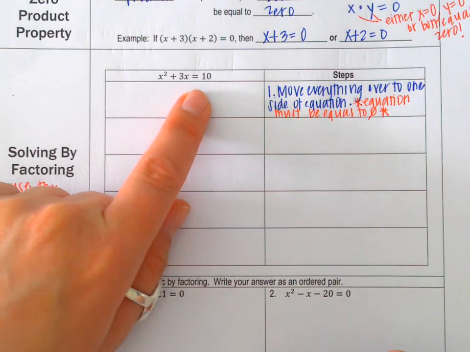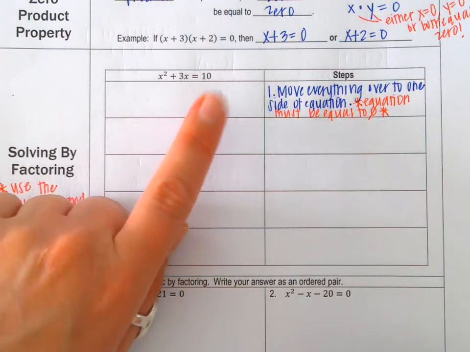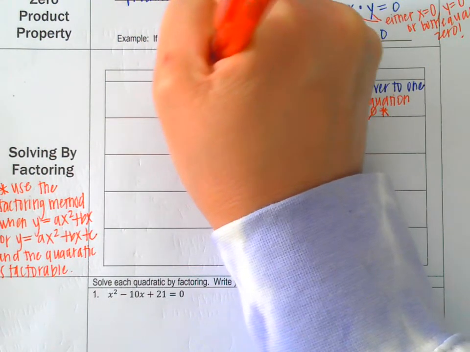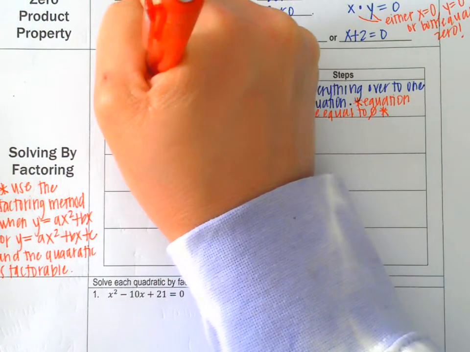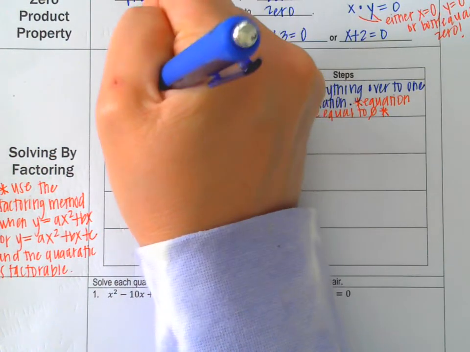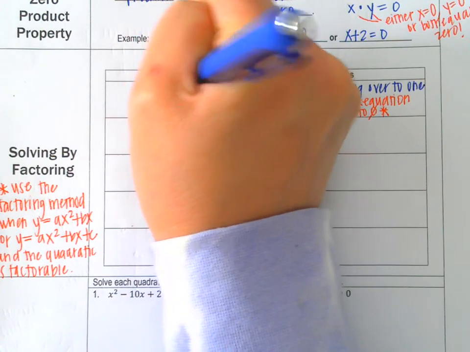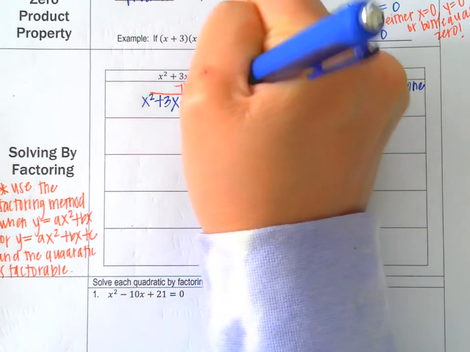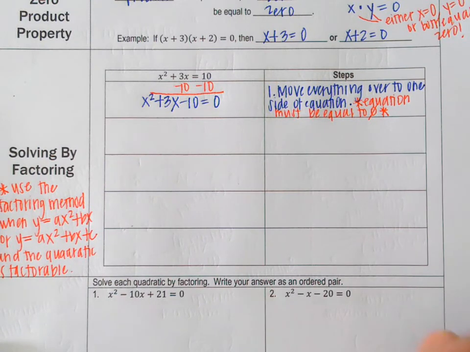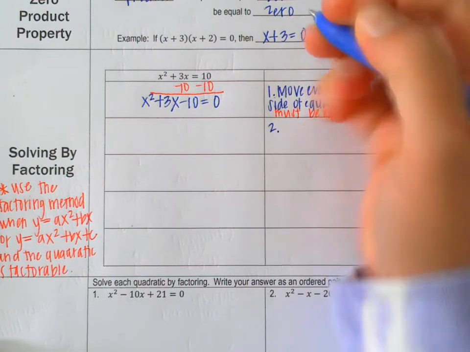And it's not. So we need to start by moving the 10 to the other side of the equation. I'm going to do that by subtracting, and I get x squared plus 3x minus 10 equals 0. Okay, so that's my first step. I moved everything over to one side of the equation. Everything must be equal to 0. It is. So now my second step is to